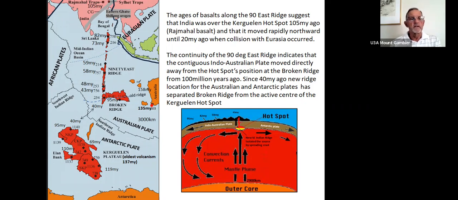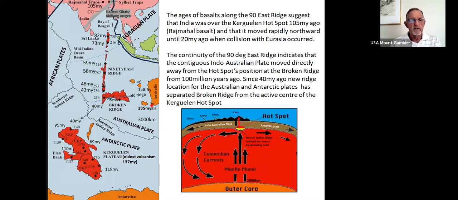Now, India was presumably over that hotspot at about 100 million years ago, or 95 million years ago, and has moved away from it. The hotspot today is actually the Kerguelen Plateau, which is well to the south, 2,500 kilometres south,